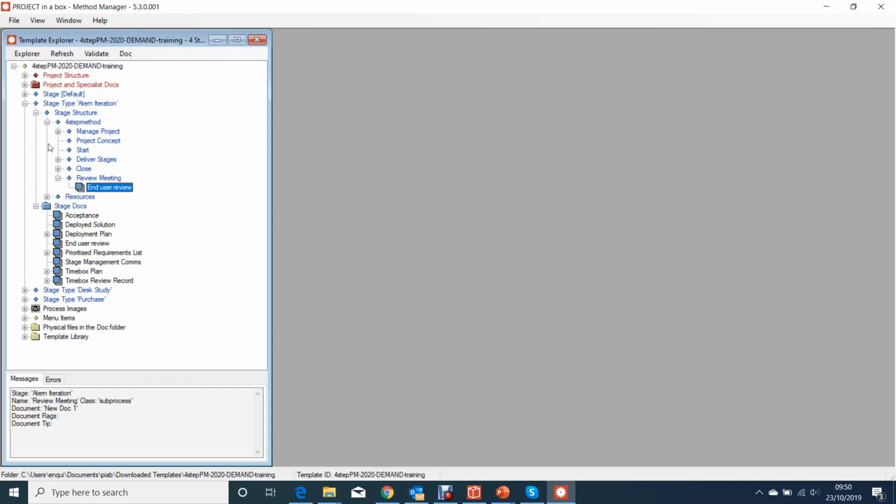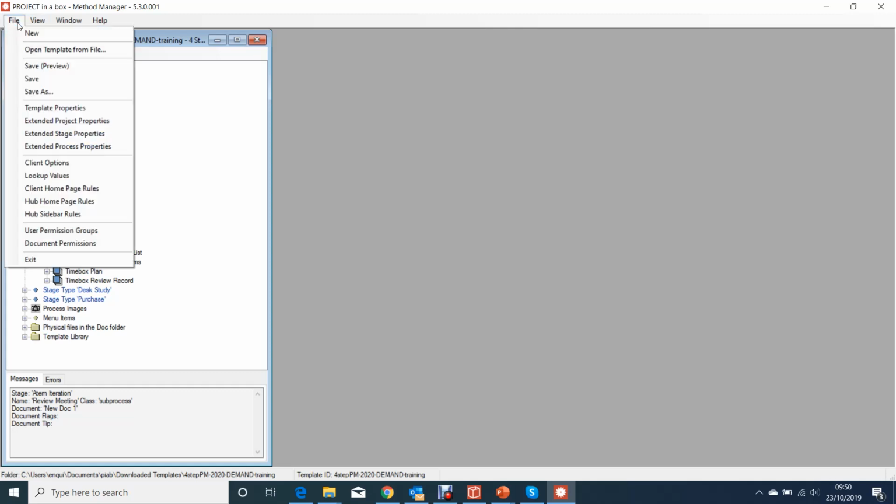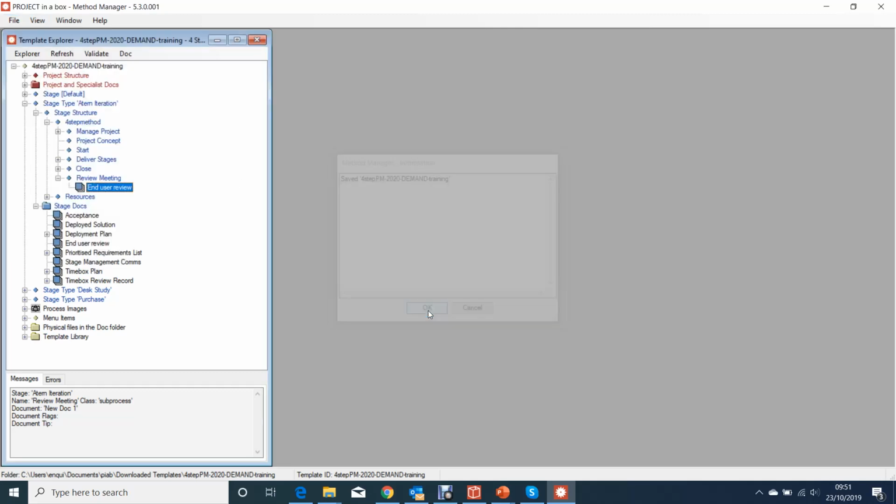And an interesting thing about the stage is that I could save this now, upload it to the server, create a new project from it, add a couple of stages, get on with delivering that, and then if at a later date I decide that I need a new stage, one that I didn't have before, say an audit stage or a review stage, I could come back to my method template, add a new stage type here, and then build in the documentation for that, reload my method to the server, and that